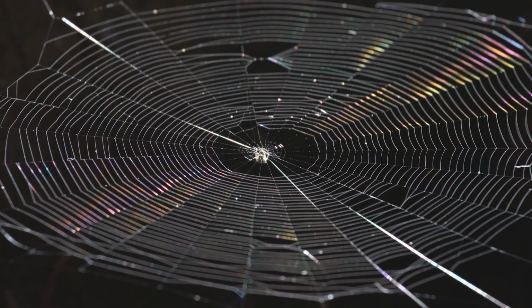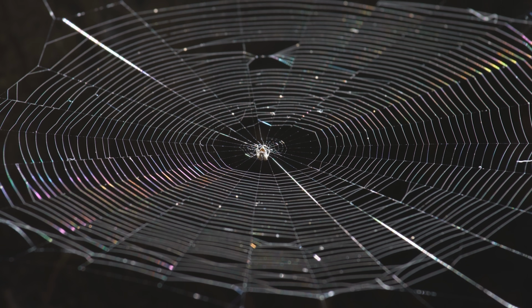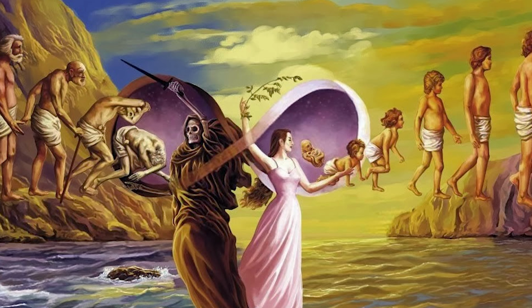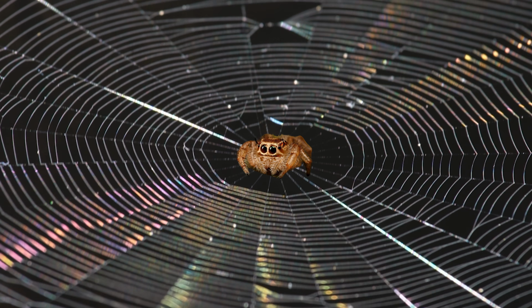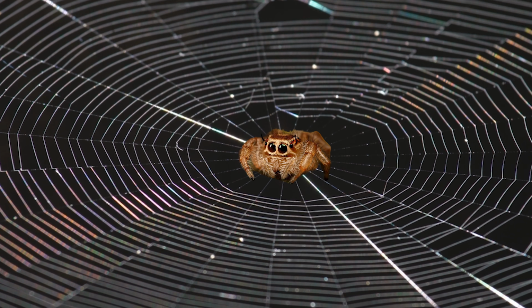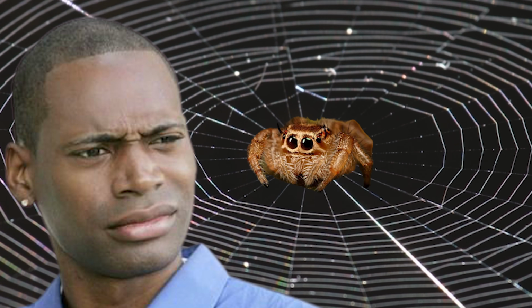As he looks at the spider web reflecting the sun, it reminds him of a silicon chip. He recognizes the inherent intelligence that permeates all of nature. Its beauty is so overwhelming that he begins to cry. In that moment, he's connected to all the people that lived and died before him. Soon enough, he'll be dead and forgotten just like them. The complete insignificance of his own existence is both terrifying and liberating. And it was at that moment that he realized that the spider was just flexing on him.